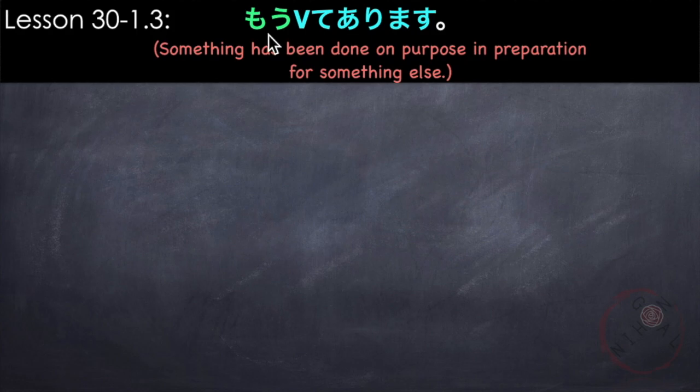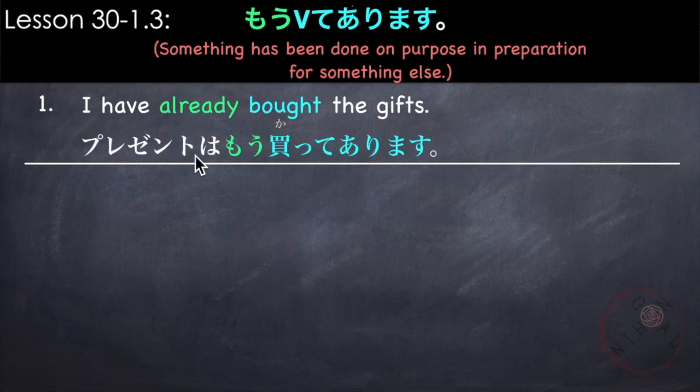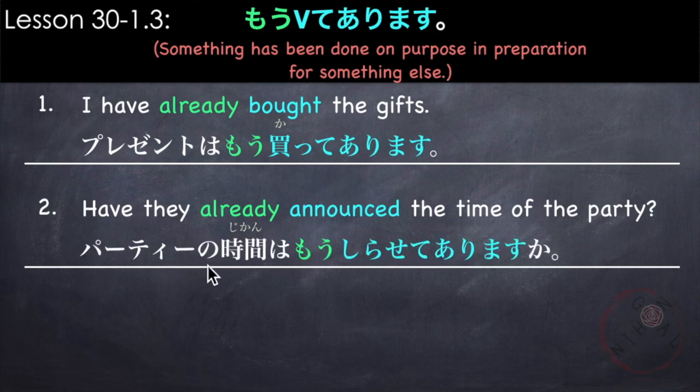Next is もう verb てあります。So we added も which we've learned in lesson 7. もう means already. So this expression states that something has been done on purpose in preparation for something else. For example, I have already bought the gifts. プレゼントはもう買ってあります。Our verb is bought or buy, which is 買います。So in て form, it becomes 買ってあります。Next example, have they already announced the time of the party? パーティーの時間はもう Our verb is announce or 知らせます。In て form, it becomes 知らせて followed by ありますか？パーティーの時間はもう知らせてありますか？